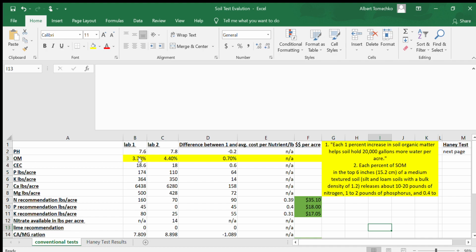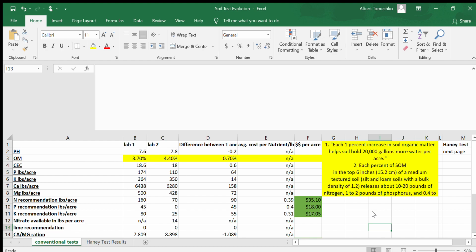So to have that large of a variance in organic matter was a little bit troubling to me, or I shouldn't say troubling, but it tells me that organic matter percentages based on soil test analysis really should only be used as a guideline, because if you look over here at the USDA information, every percent of organic matter is going to help increase your water holding capacity by 20,000 gallons per acre, which is really important, right? That's water infiltration,